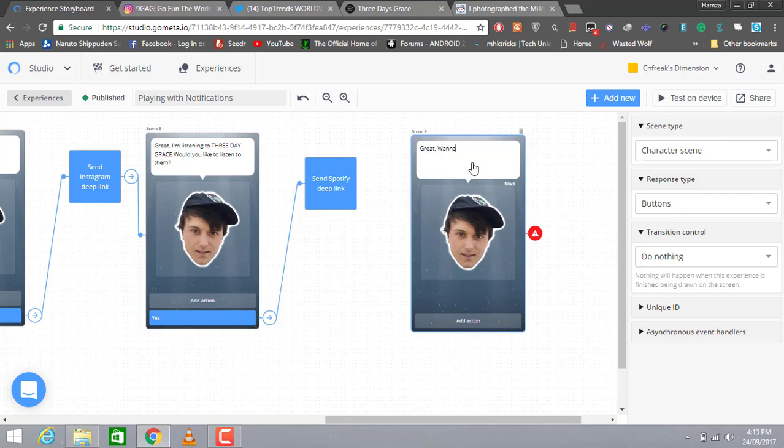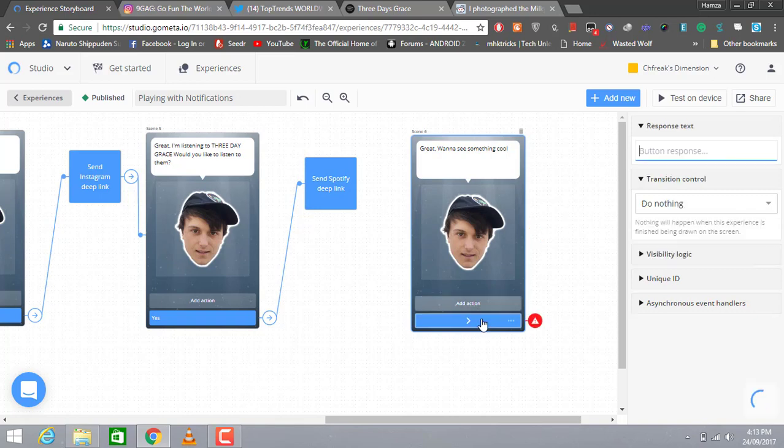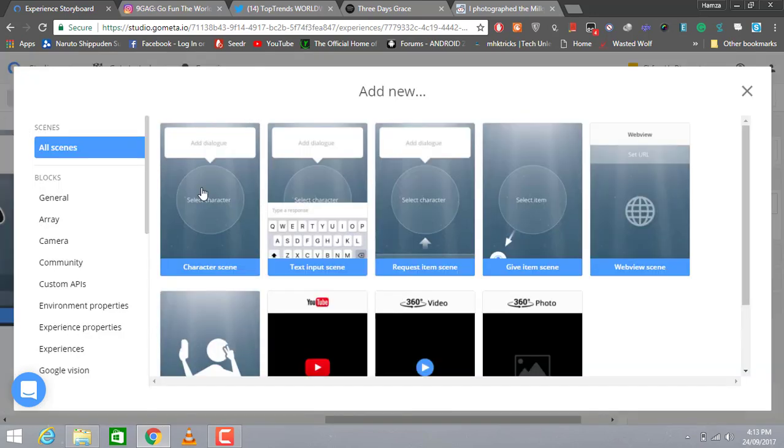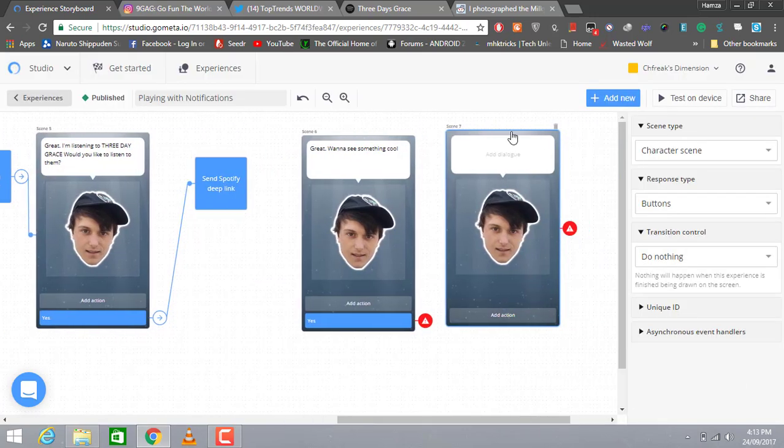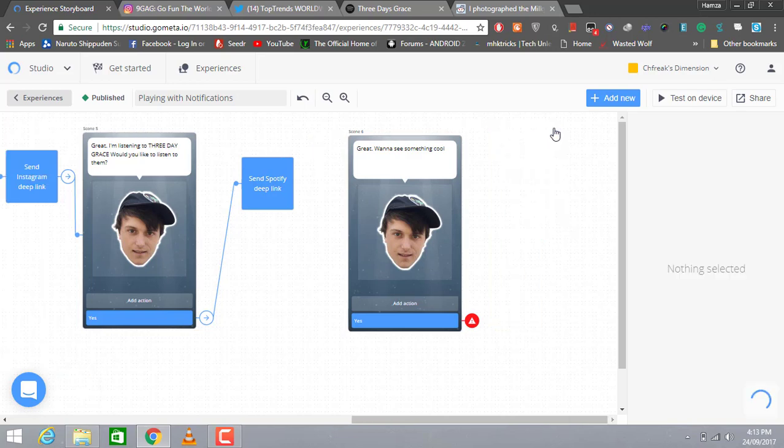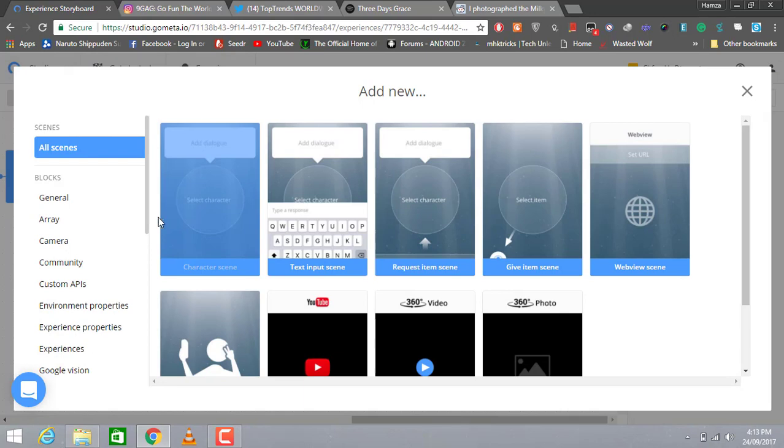Wanna see something interesting? Something cool. I'm gonna click on add action. I'm gonna add the description for that action. Yes. I'm gonna click on this. I'm gonna add a new character scene. No, I should delete this. I should add a block now. I'll go back into